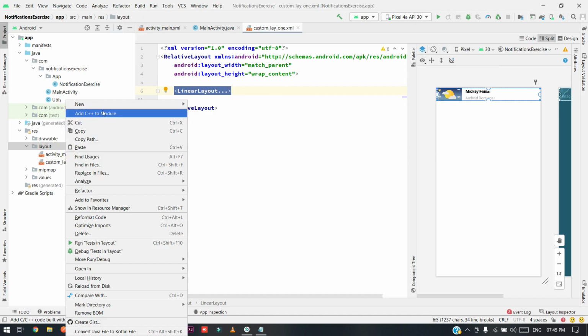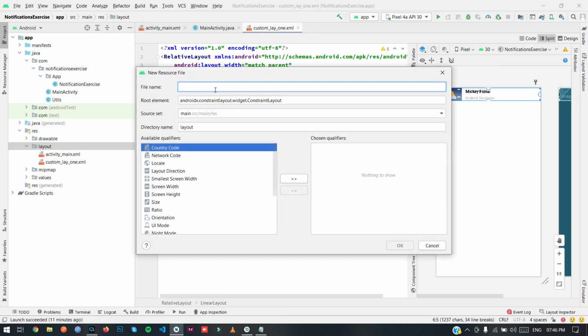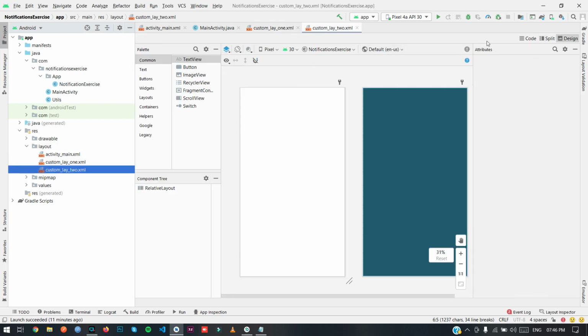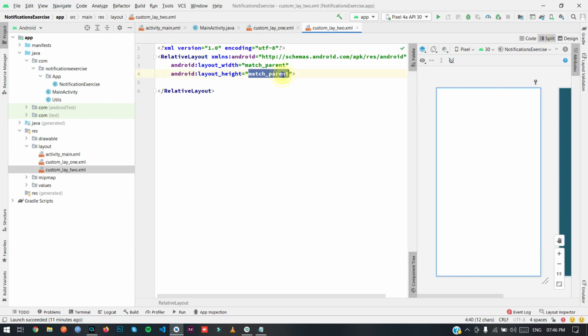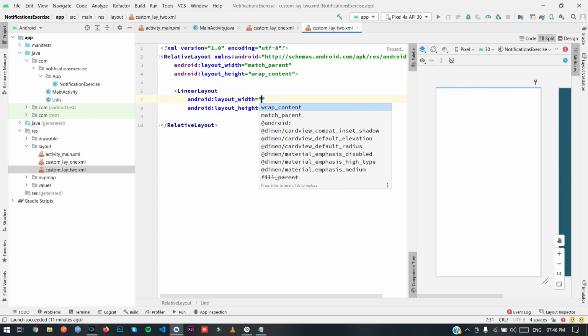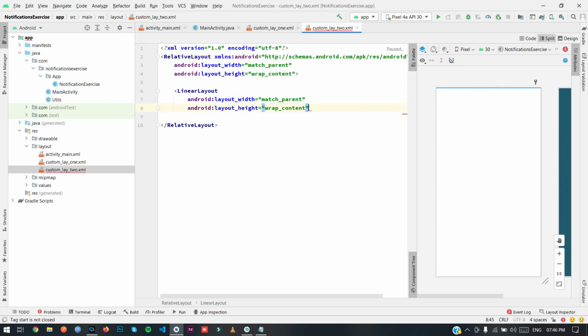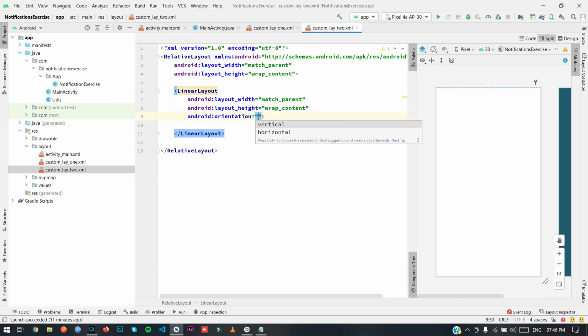So just copy this one from here and create another layout, which I'm gonna show you why we're gonna need this second one. So layout 2, relative layout. Okay, and width wrap content. Then create a linear layout here, whose orientation will be vertical.